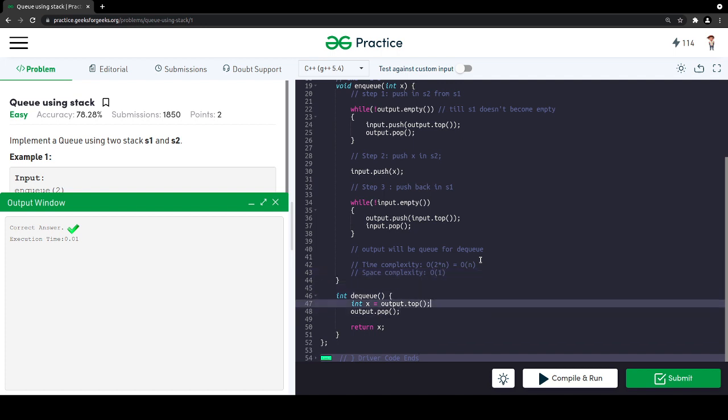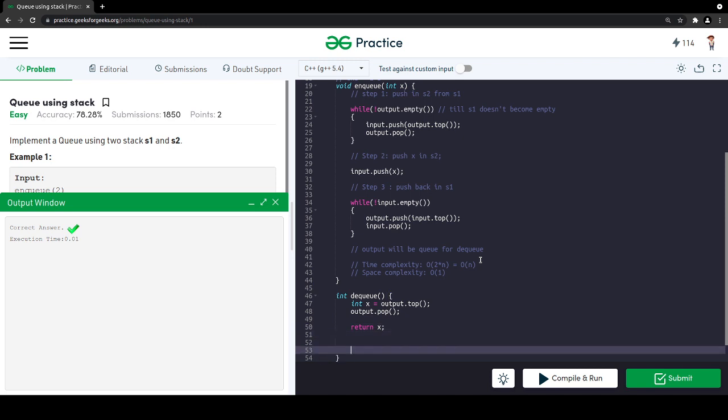Now when I did DQ, for DQ I had only one operation in one stack only, and it is the popping element. Popping takes a time complexity of O(1), right? So it is O(1), and since we are not using some extra space, so space complexity is also O of 1.